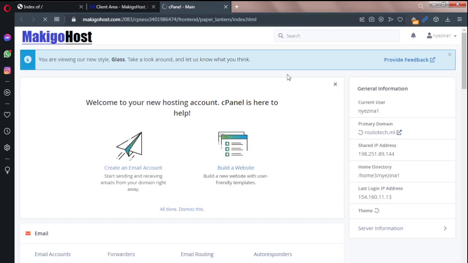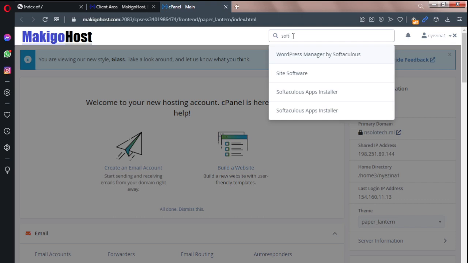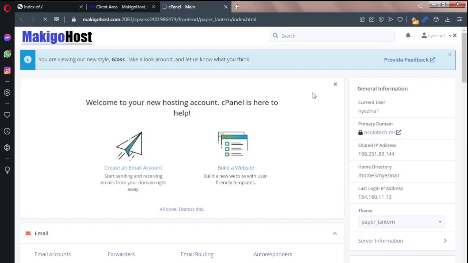Please make sure on this search box you type software. Okay, type software and you see Software Plus Apps Installer. Okay, Software Plus Apps Installer. Click on that. Okay, just click on that,